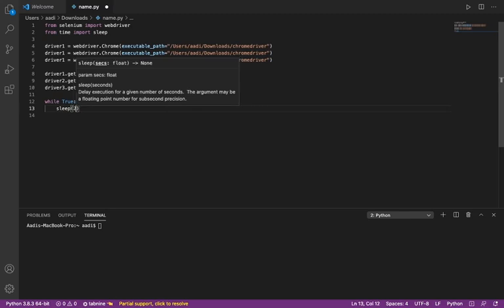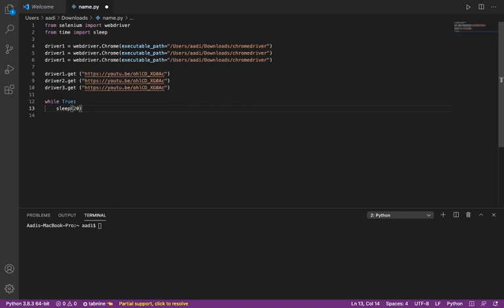So I'm just going to go by 30, and then we are going to go by driver1.refresh(), driver2.refresh(), and the last one would be driver3.refresh(). Yeah, so after you've done that, that is the whole code that we need to promote a video.